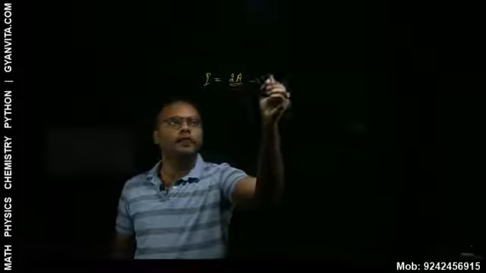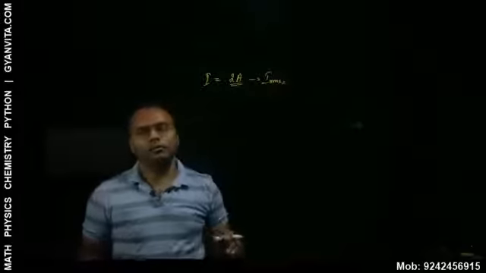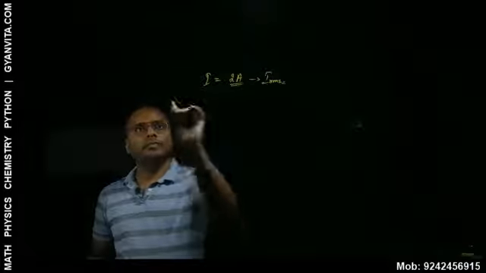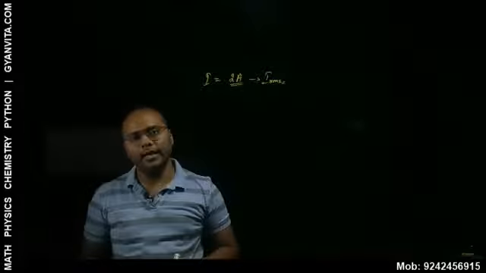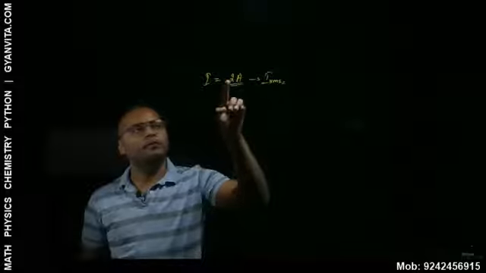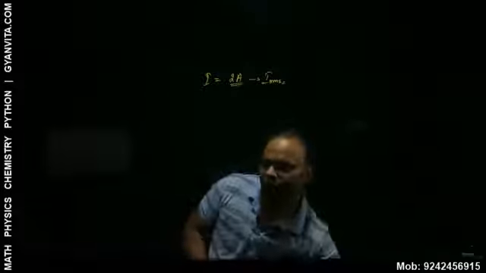So whatever value of EMF and current is given in your numericals and questions, you will have to take it as RMS. Even if it is given only as I, in case of alternating current, if I is equal to 2 amperes, then this 2 ampere is actually IRMS. Is that clear? If something else is specified, then only we'll take that. Otherwise, in case of alternating current, we'll always take the value as RMS, right?